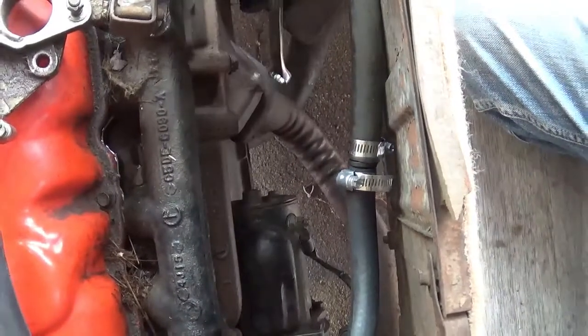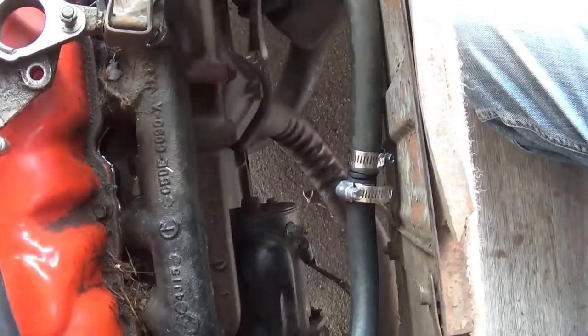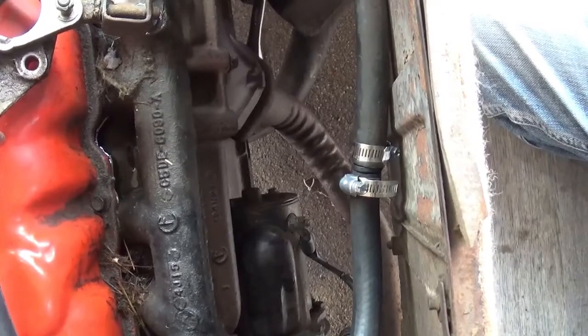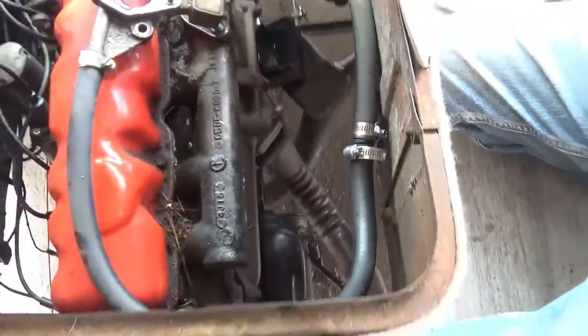This is the collector right here. Got one bolt right there, or nut instead, and I got another one right here. This guy is loose, I was able to loosen him. This one is the one I'm gonna fight. It's hard to hold the camera overhead, so